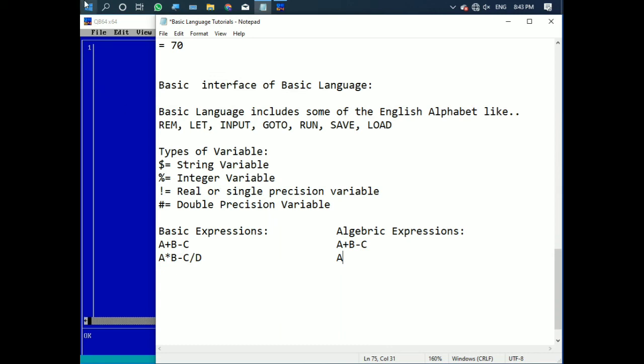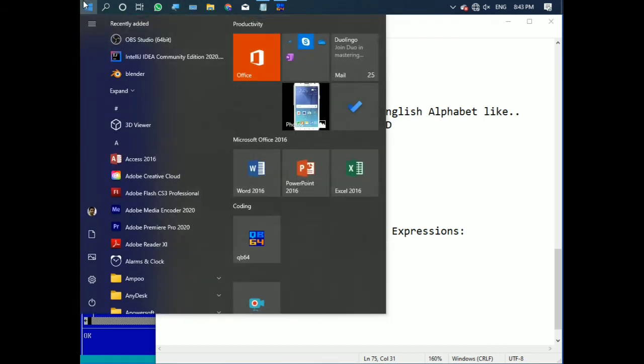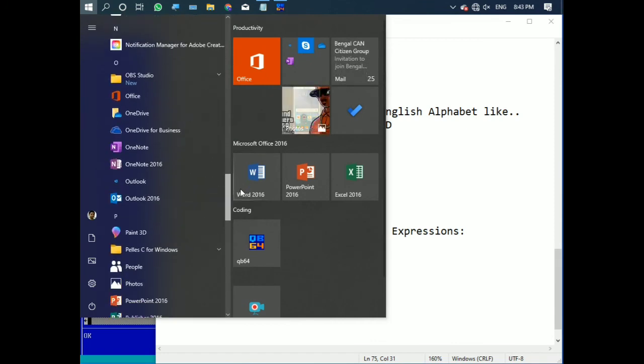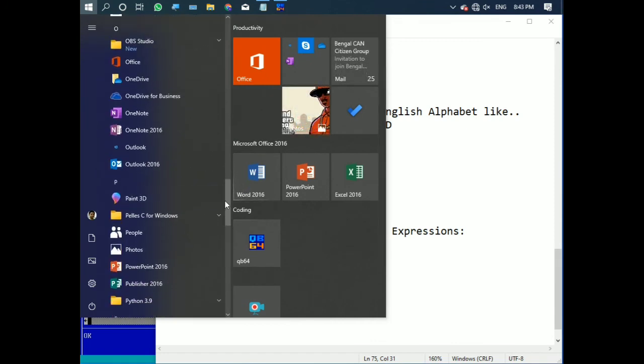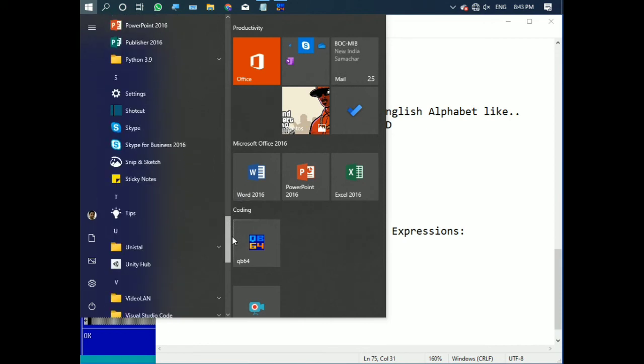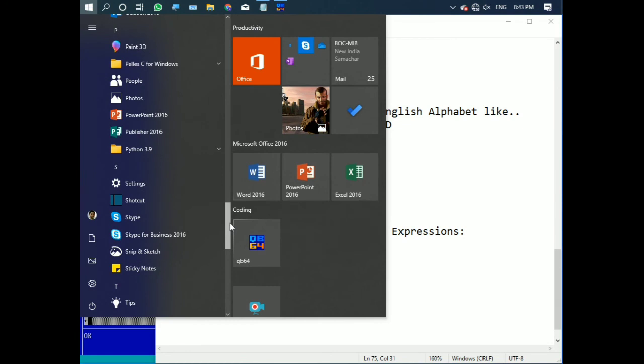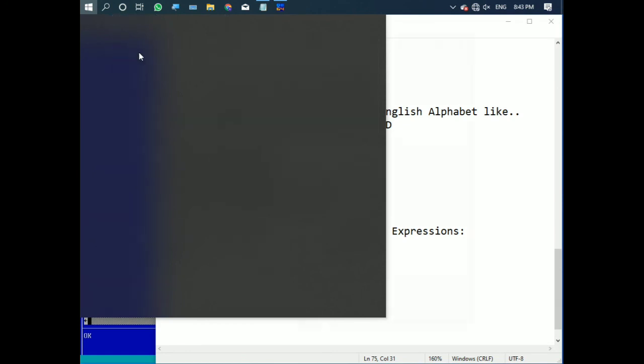understand. So for that let me open our Paint. Let's go to Start and find the Paint here. In Windows 10 it's difficult to find the Paint, so let's open Paint 3D.